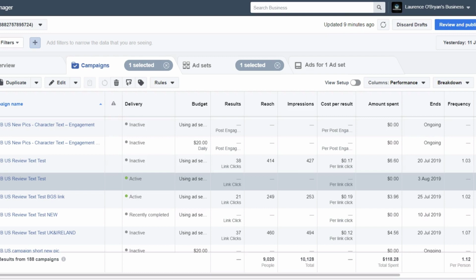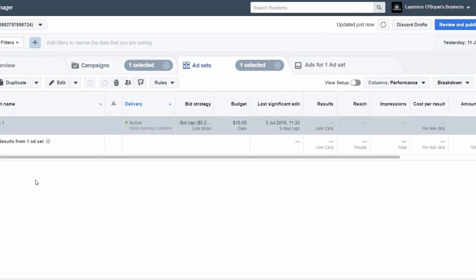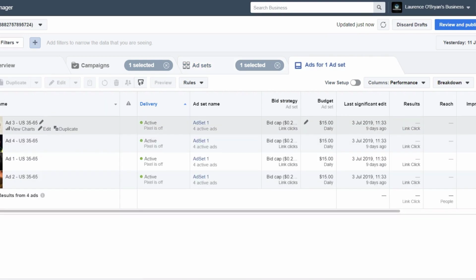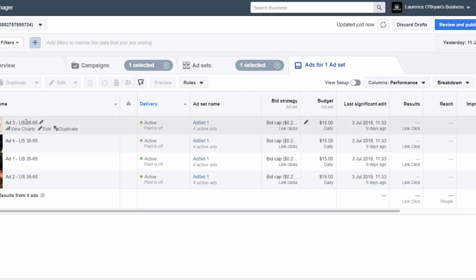So this is our ads manager interface. We have a variety of ads, and I'm just going to go into one of them where we've done some A/B testing. I've gone into the campaign, I'm now going to go into the ad set. The reason you want to do A/B testing is to make sure that the image you use or the text you use or the target audience you're selecting, they are the best ones getting you the best value. In this case, we have 4 different images which we have tested.